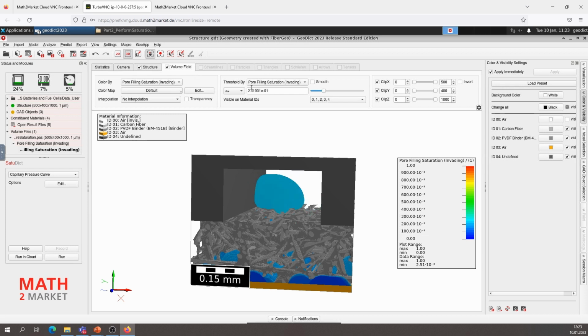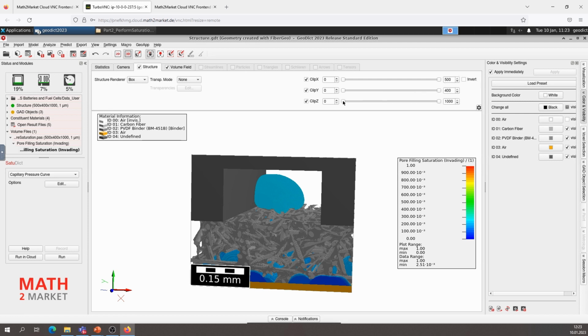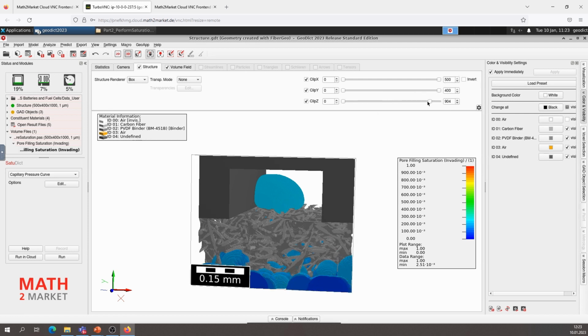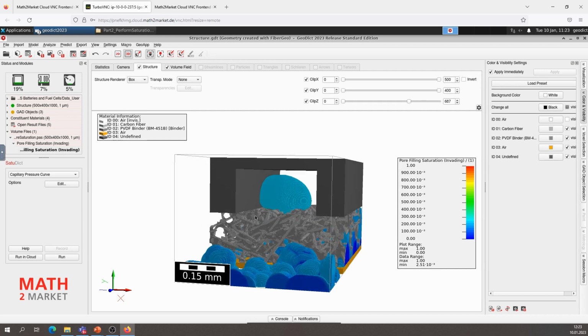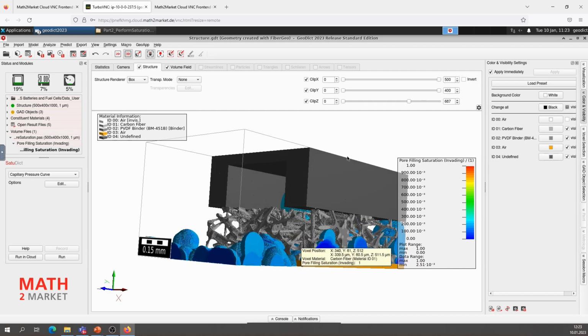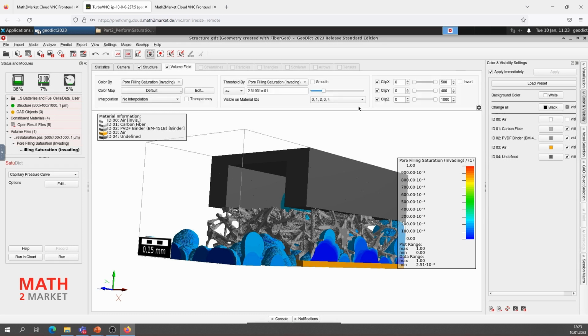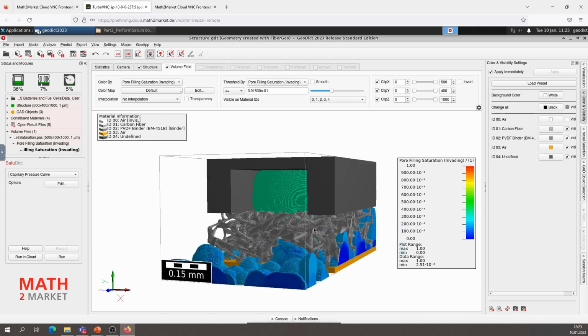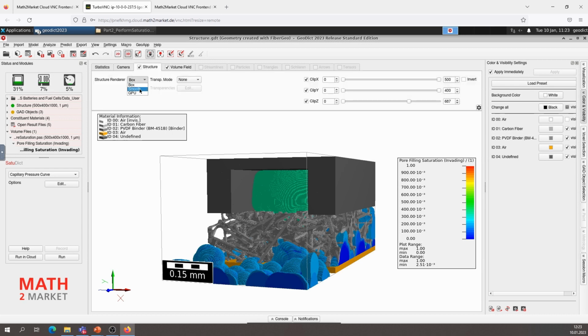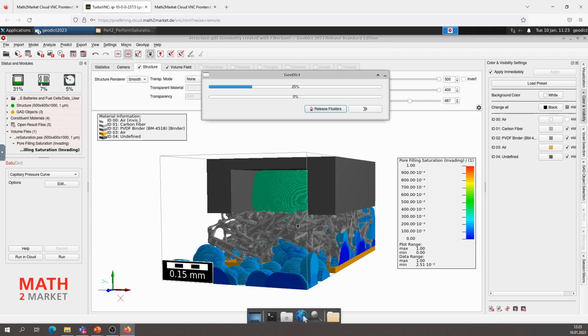You can change also with the settings here of the clipping. You can see here the structure and about how the droplet is changing. To get a nice visualization, you can click on the smooth structure renderer.